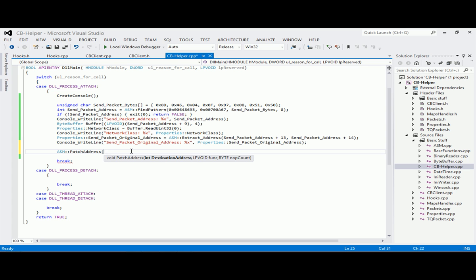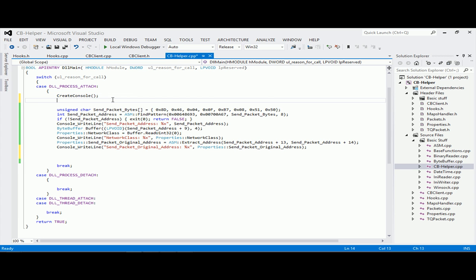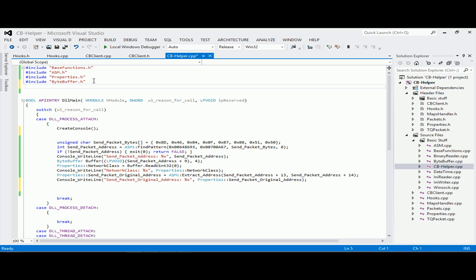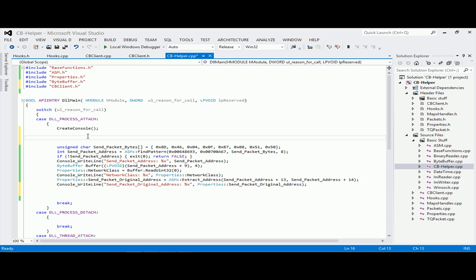So right before I do this, let's delete this, I'm going to have to create a client. So let's include cbclient.h, and right underneath the create console, I'm going to type the following. CB client, and I'm going to call it client equals new CB client. So now I can go and type ASM patch address,